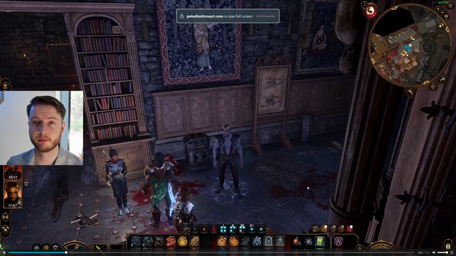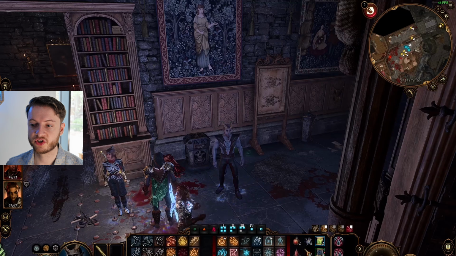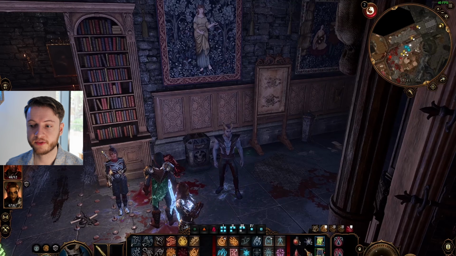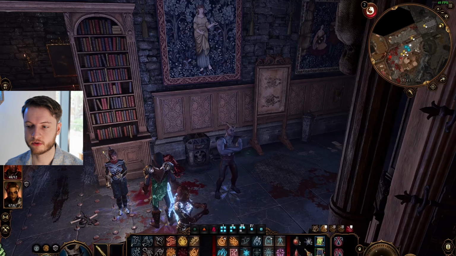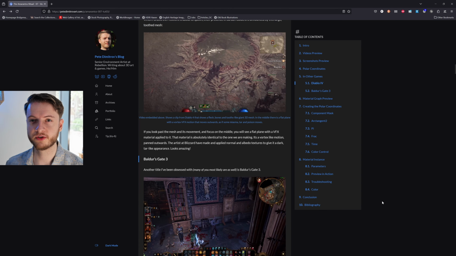And then when I was playing Baldur's Gate, you can notice that under my character there is this shimmer of a rainbow that also uses these polar coordinates, this shader that we'll be creating right now. As such, you can already kind of guess that this is a very popular type of shader when it comes to VFX work in the games industry. So it will be very beneficial for you to actually learn how to do this and utilize it in your projects, be it small indie games or